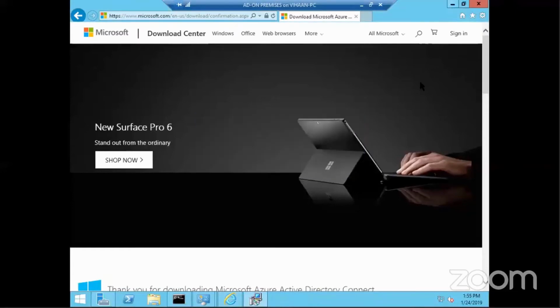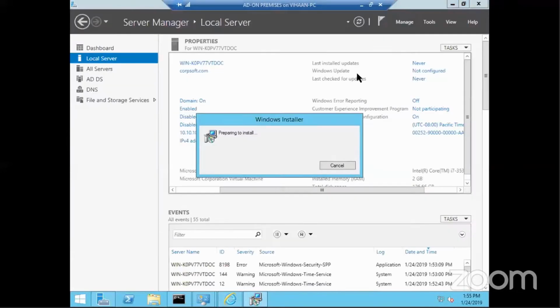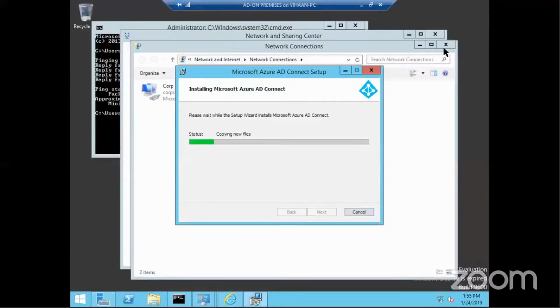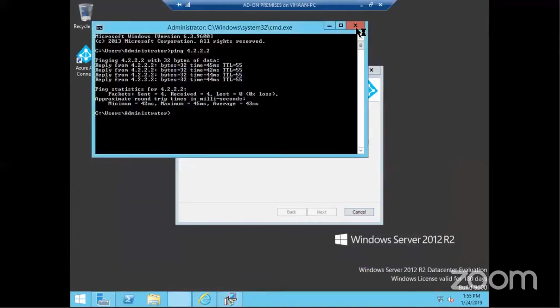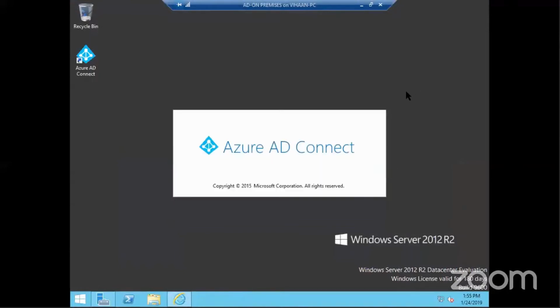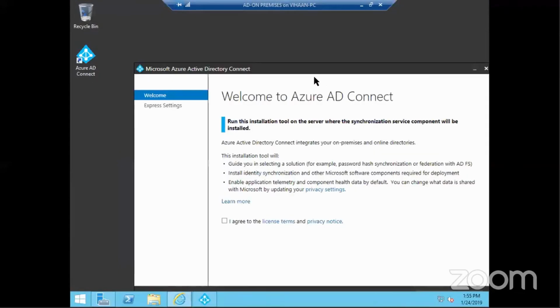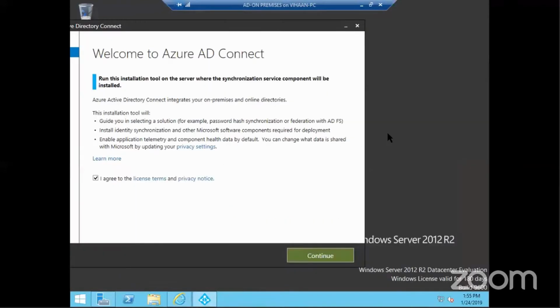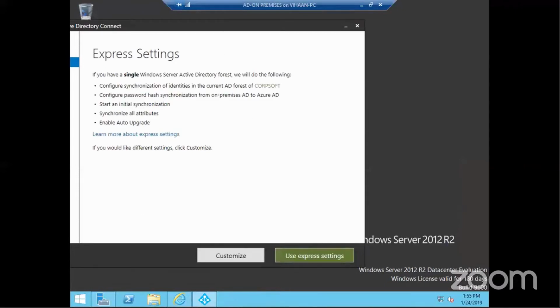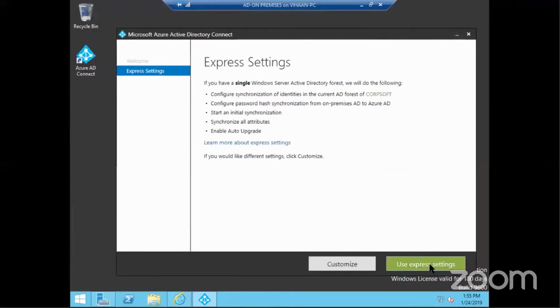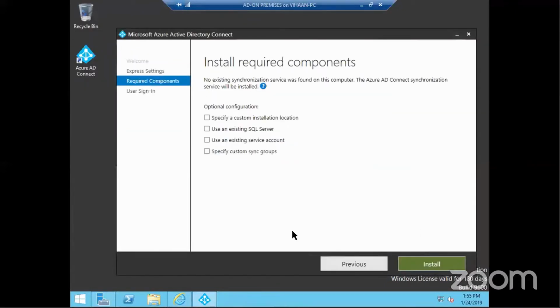And try to install this on the same machine for a lab purpose. But in reality, I told you we need a separate SQL Server and a separate VM. When you install, what Microsoft recommends is that you should not do the Express install. When you accept the agreement and continue, we should never do the Express install. In reality, always go to the custom